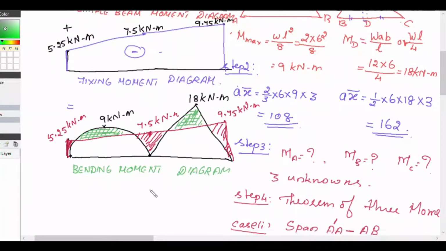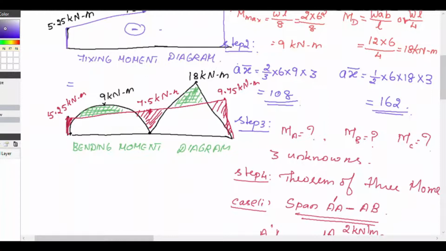Now we will draw the deflection diagram. So how will we draw the deflection diagram? At this portion, up to this portion, we have a hogging bending moment. So at this portion the deflection becomes 0, and up to this we will have